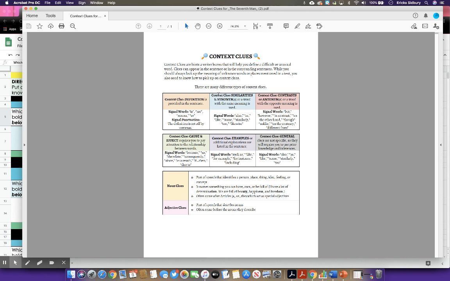If you have a context clue that's a similarity or a synonym, usually a word with the same meaning, you'll see words before that word like also, as, like, same, similarly, to, likewise. So again, these all explain what the different types of context clues are. So let's go back to our original